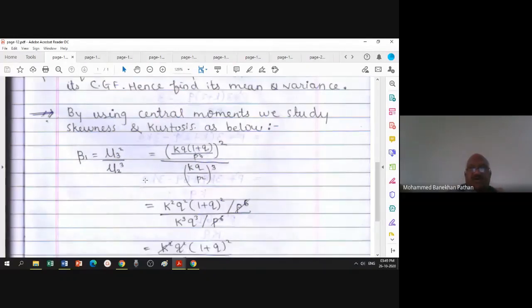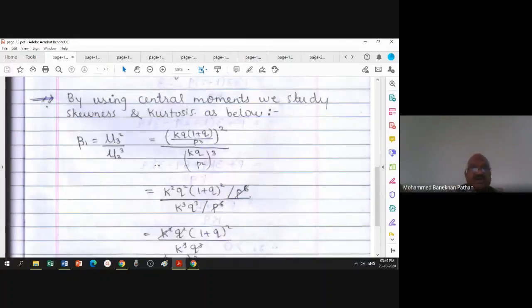You can recall the formula which we use to study skewness in the first year is mu3 square divided by mu2 cube. That means the numerator is the square of the third central moment and the denominator is the cube of the second central moment. The second central moment is nothing but variance. So you have mu3